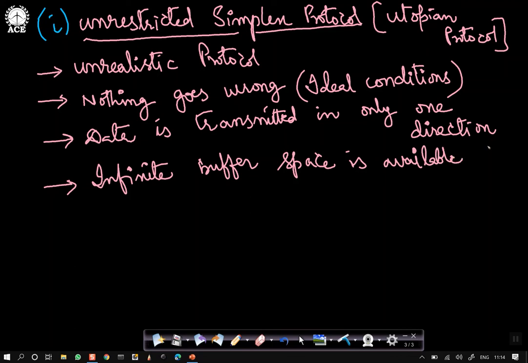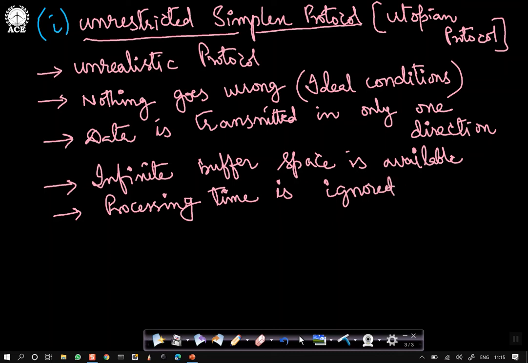Infinite buffer space is available at the receiver. The processing time is ignored, otherwise loss of packets will happen. Time for processing the packet after receiving by the receiver is ignorable, negligible. And the channel, we say the media or the channel